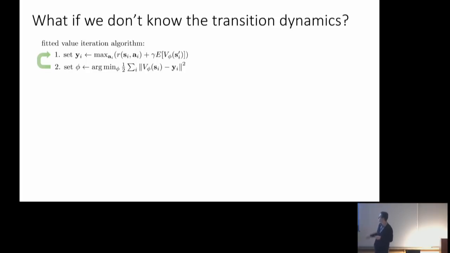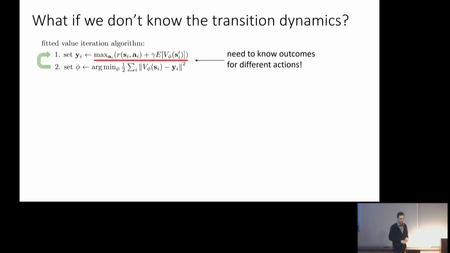So what does this maximization require you to do? If you want to evaluate the max of this expression, you need to find the value of that expression for different actions. If I have 5 different actions, for every single state I need to evaluate 5 different numbers by trying 5 different actions here. But I can't go back to a state twice and try 2 different actions, except for the first state. Because in general, in a stochastic environment, especially with a very large state space, I might never even visit the same state twice. So this max is actually bad news. You need to know the outcomes for different actions, and in general, we don't have the ability to acquire that if we don't have a model of the environment.